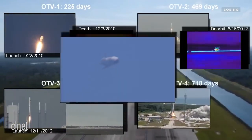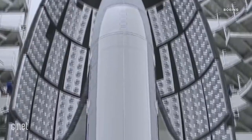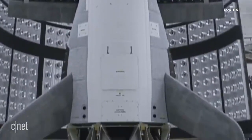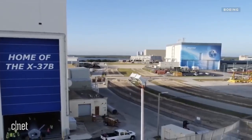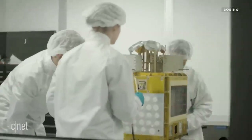Now officially, the Air Force says there are 2 primary objectives for the X-37B. Reusable spacecraft technology for America's future in space, and operating experiments which can be returned to and examined on Earth. Now obviously, we can't expect that they're going to tell us everything, and I do realize this is going to invite a lot of conspiracy theories, but I want to know what